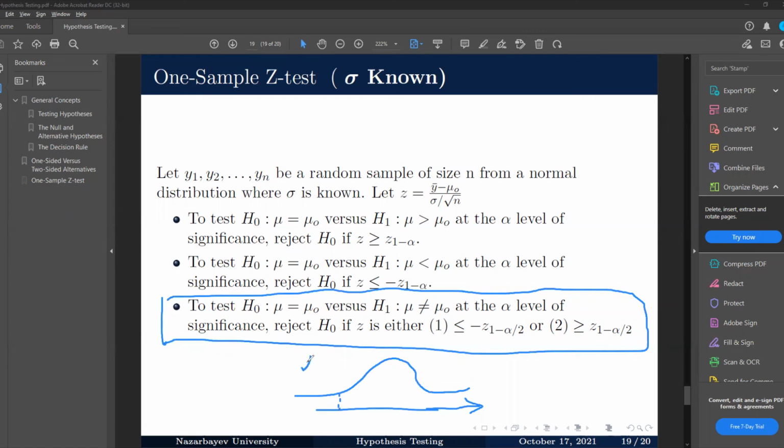Then we would have alpha over 2 area lying in this tail and alpha over 2 area lying in the other tail. So our critical points would be z 1 minus alpha over 2 or minus z 1 minus alpha over 2, which is also equal to z alpha over 2, but I would recommend always using the same quantile. Okay,